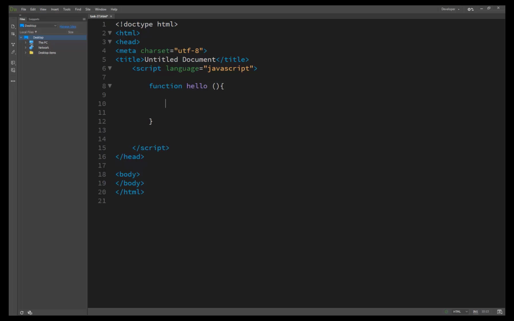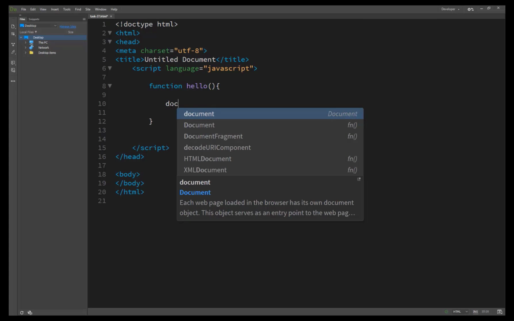We pass in our function hello, and then a curly bracket starts. We already discussed curly brackets in task 8. So if you have not listened to my lecture on task 8, first you must watch that lecture and know how to use the curly brackets. So here we start, and we have just created our first function.